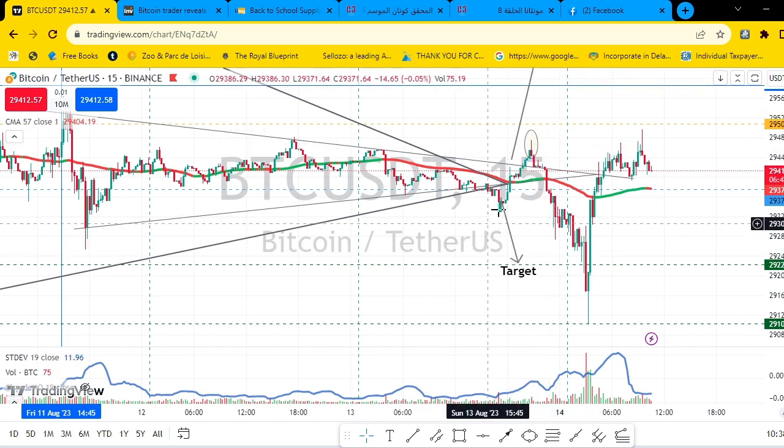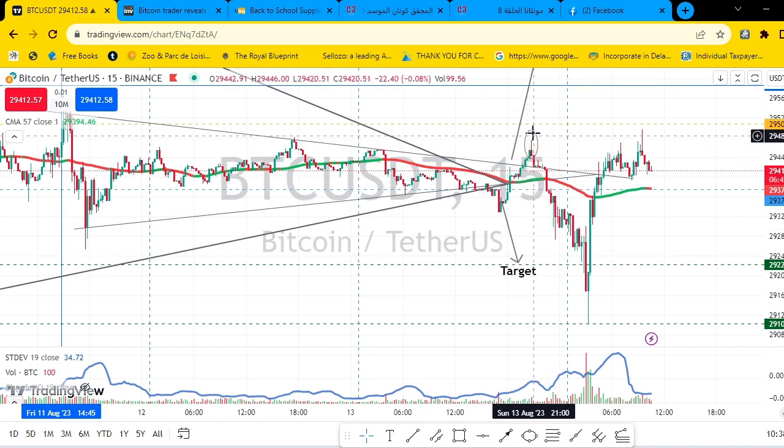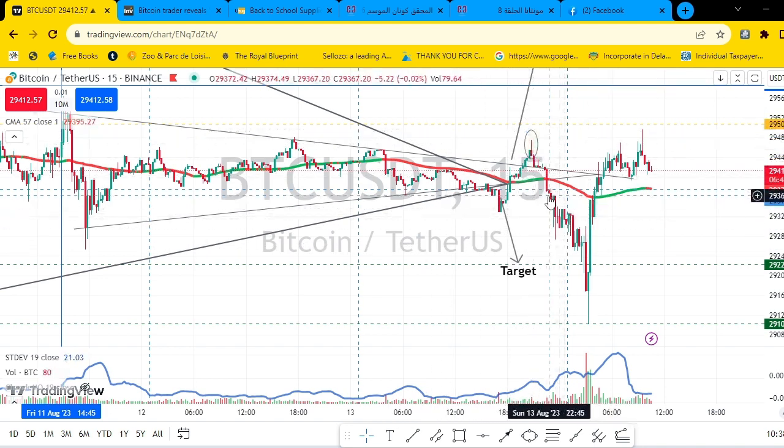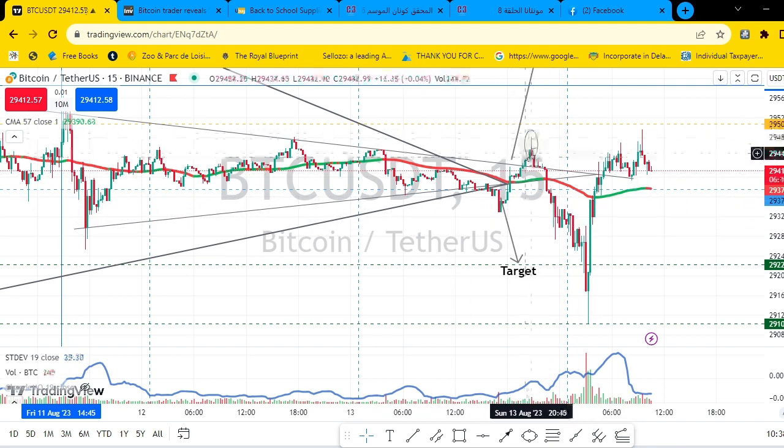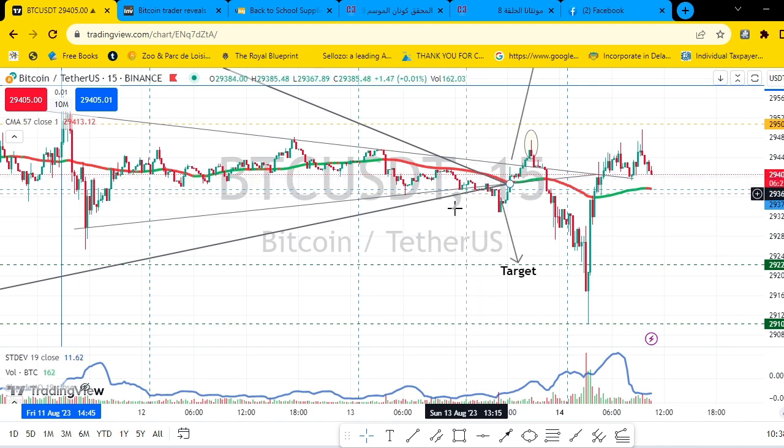See, it was pretending to go higher, but the bears actually were in control of the market, and they brought the market down. As you can see, the moving average was here in the red line, giving us a signal,